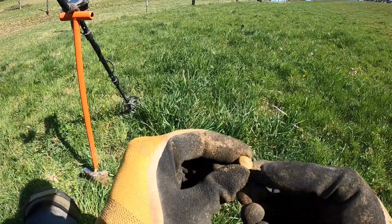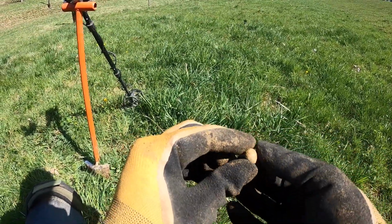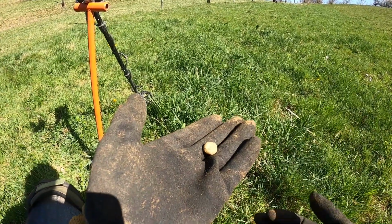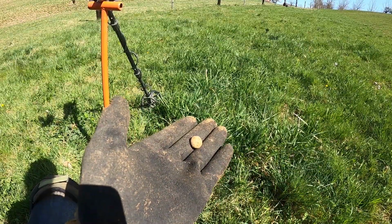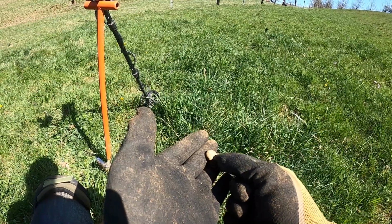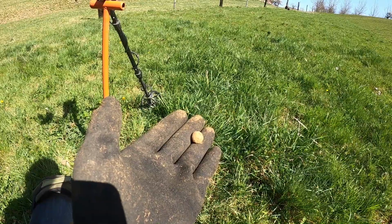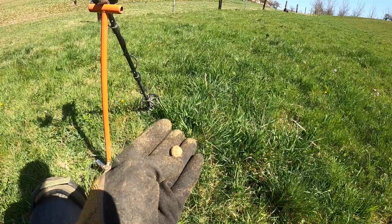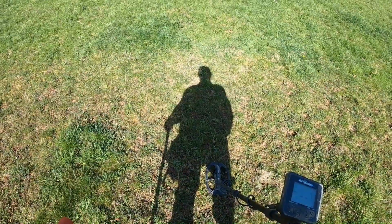Well, I think it's lead. It's heavy. It's not got that coloration of lead, but I don't know. Actually don't know what that is. Target number 4, I think, is a UFO. Well, I would say an unidentified ferrous object, but it's not ferrous, it's lead. Okay, moving on. Number 5,